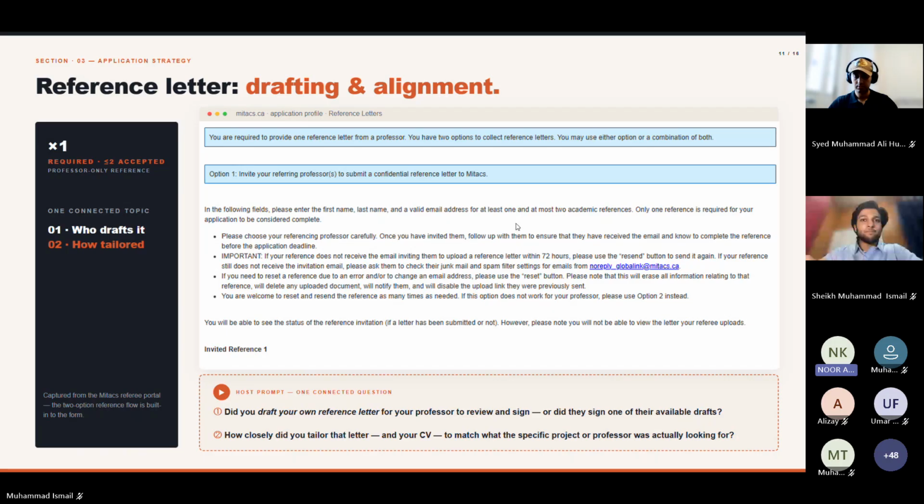He also taught us a few courses and he just signed it. He barely saw it, I think. So I don't think any professor will be writing it themselves. They are a little bit busy. You will have to sit and draft it yourself, but they will give you some feedback on it. So don't worry about that.